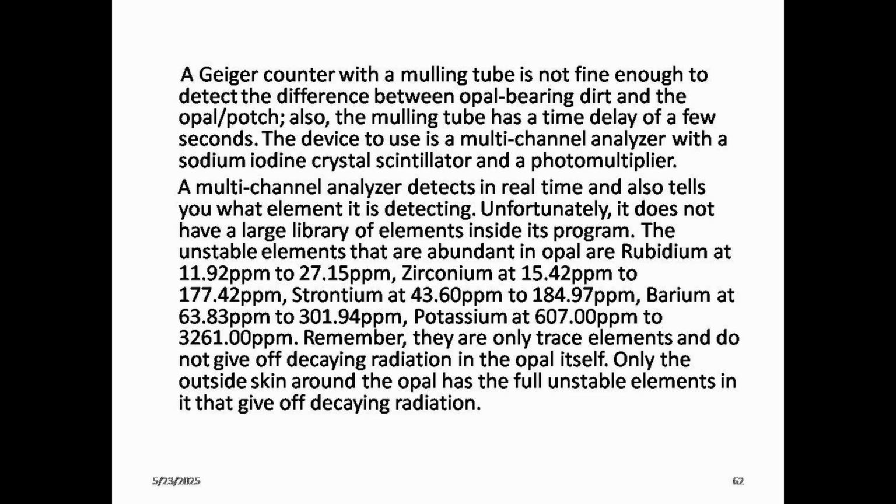The unstable elements that are abundant in opal are rubidium at 11.92 parts per million to 27.15 parts per million, zirconium at 15.42 parts per million to 177.42 parts per million, strontium at 43.60 parts per million to 187.42 parts per million, 184.97 parts per million, barium at 63.83 parts per million to 301.94 parts per million, potassium at 607.00 parts per million to